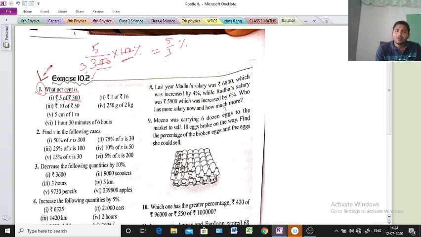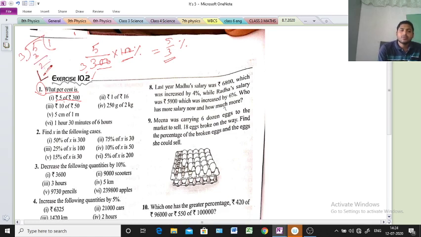Now see, what fraction is this? This is an improper fraction. We can convert it into a mixed fraction, no? So we will convert it. That means 5 divided by 3. If we do the division, 5 divided by 3, what do we get? 3 ones are 3, remainder 2. That means we are getting 1 in the whole part, 2 in the numerator, 3 in the denominator. 1 2 by 3%. Clear everyone? Understood? I hope you are doing it also, you are trying also. You should try it.